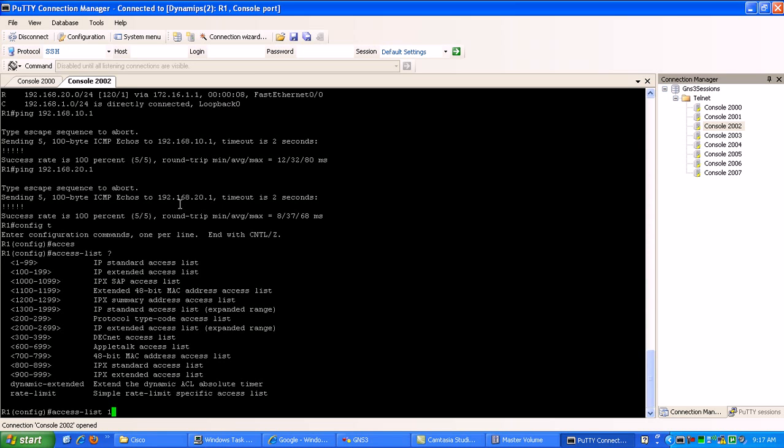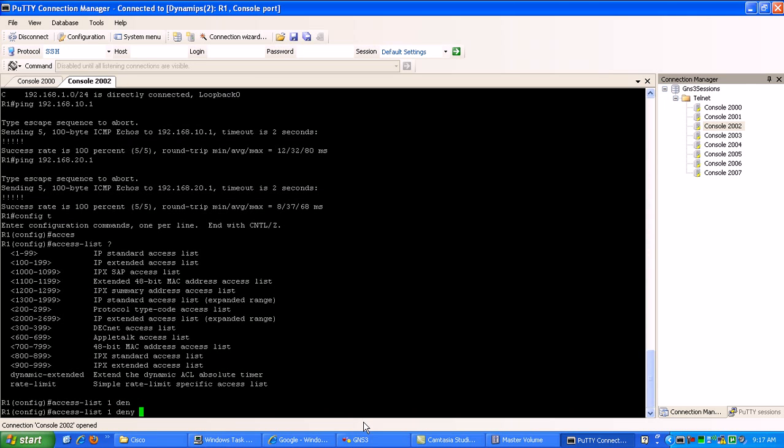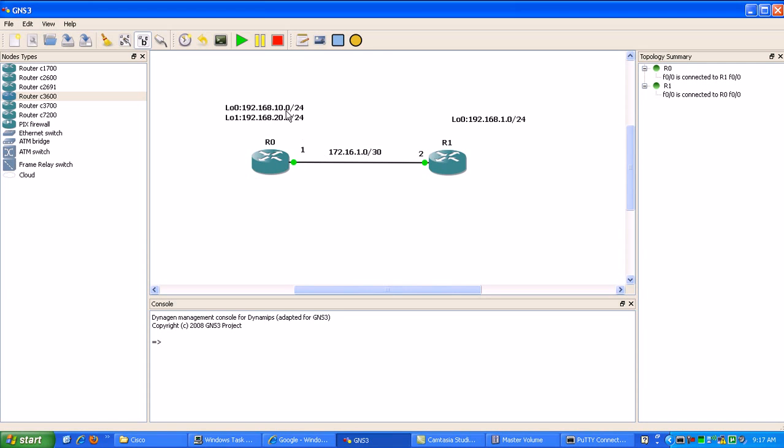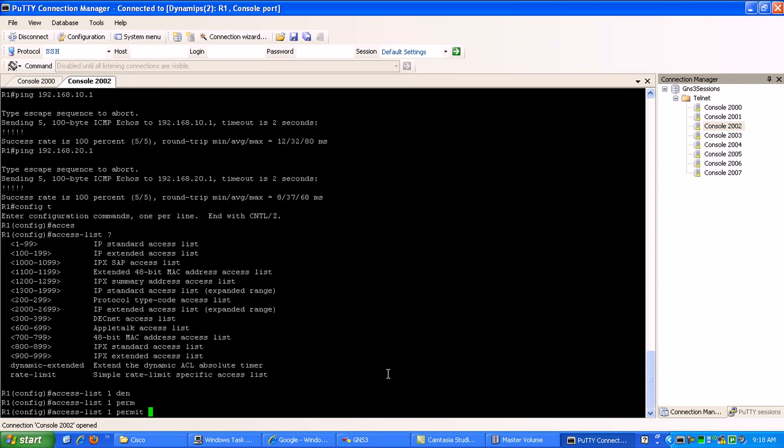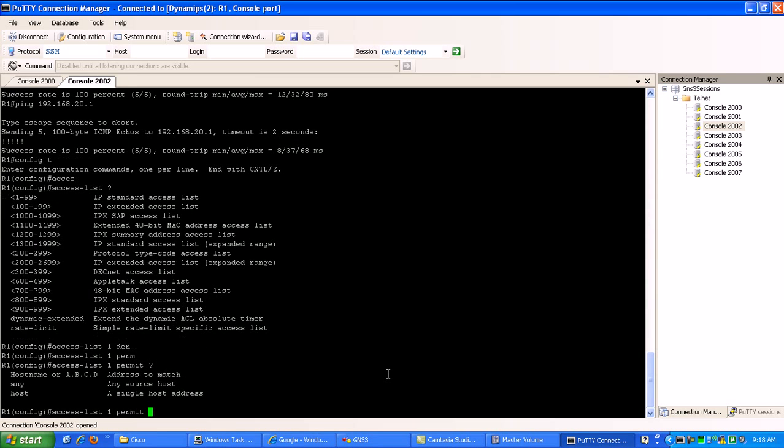So access list 1, what should we do here? We'll permit the 10 network from router 0, and then we'll deny the 20 network. So we'll go down here and we'll do a permit. Then we're going to do the host